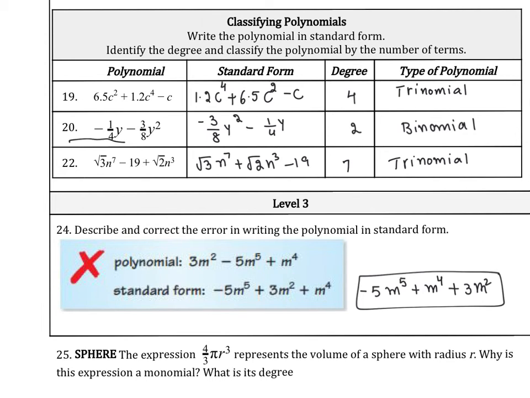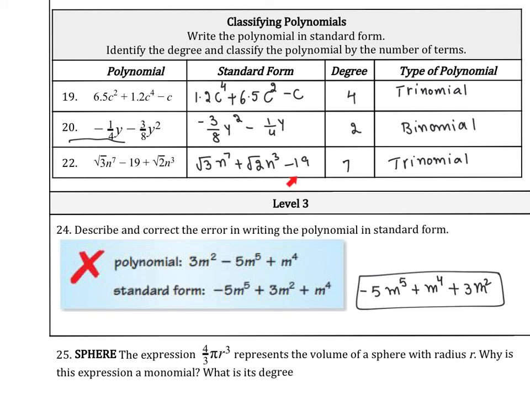For number 20, you write the first term as y to the second power, so negative 3 over 8 y to the second minus 1 over 4y. The highest exponent is 2, so the degree is 2. Two terms means binomial. Writing in a standard form, square root 3 n to the power 7 plus square root 2 n